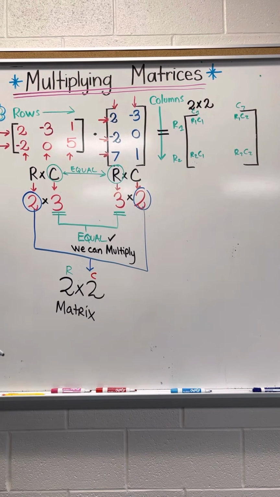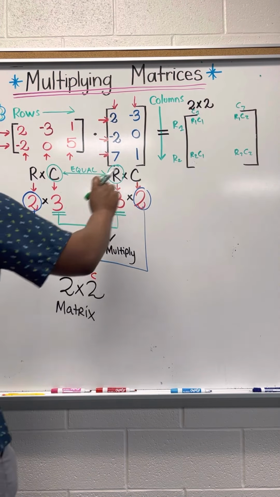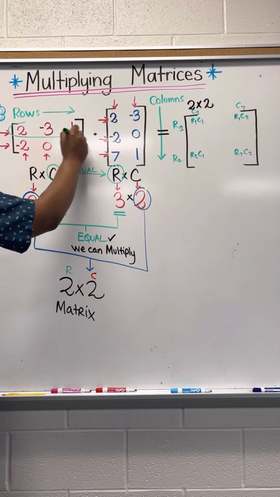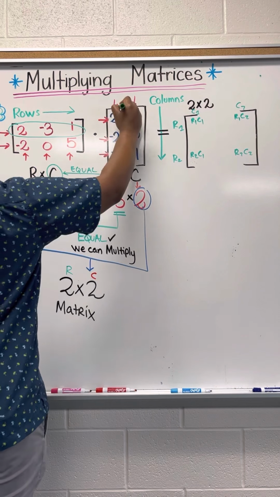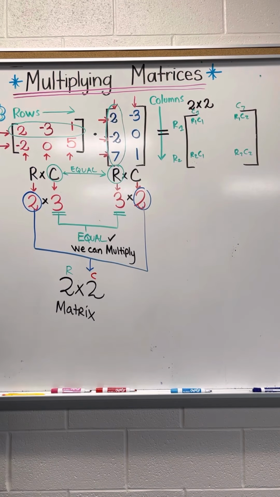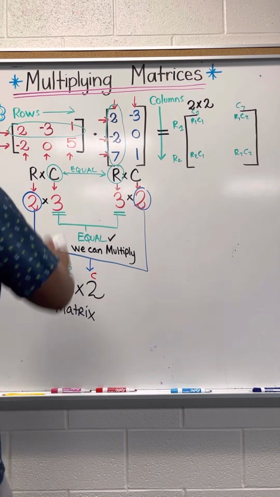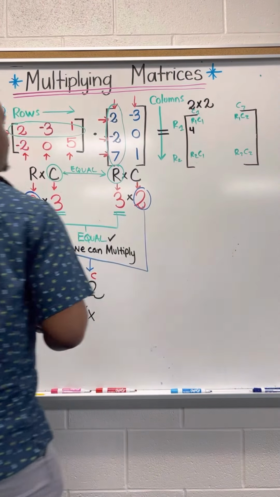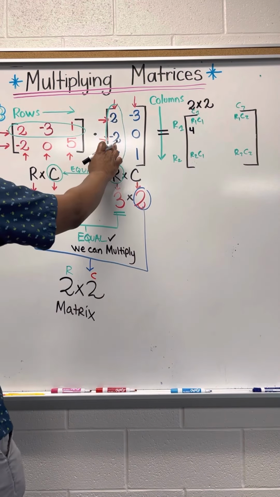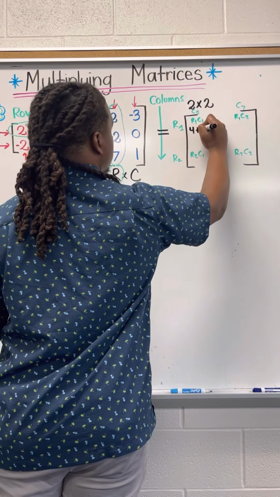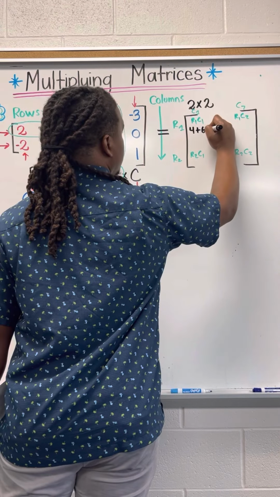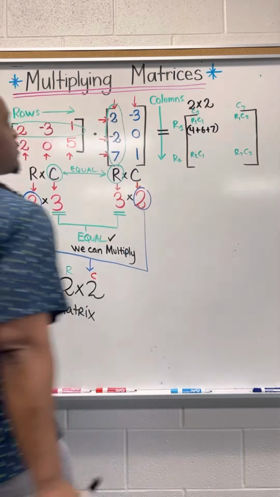Okay? So I'm actually going to circle those parts. So right now, guys, we focus on row 1, column 1. So the first matrix, we'll focus on the first row, and then the second matrix, we'll focus on the first column. So all we're going to do, guys, is just multiply the numbers and then add them together. Okay? So let's do this. 2 times 2 is 4. Negative 3 times negative 2 is a positive 6. So it's going to be plus 6. And then 1 times 7 is 7. So that's what goes in that